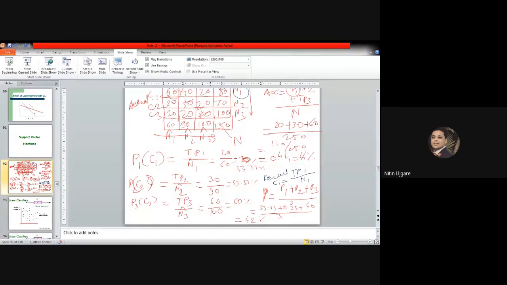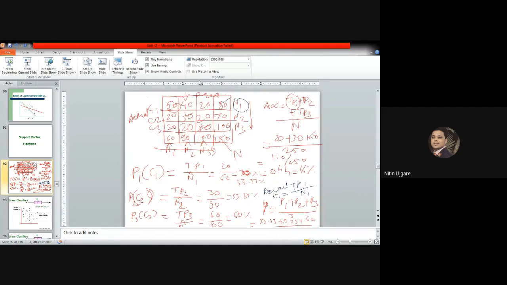Usually what we do in binary classification, the precision is calculated as TP divided by TP plus FP, that is true positive plus false positive, right? But now this is a multi-class classification problem. So instead of getting into TP, false positive and false negative, we are taking the N cap and N value, that is the total of row and the total of column. So this will be used to calculate the precision and recall. So if I take this example,